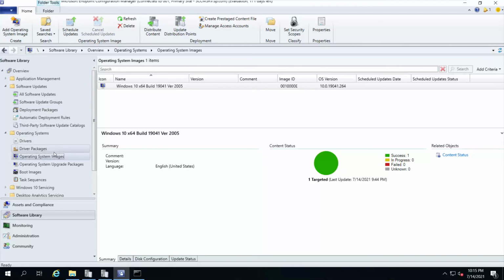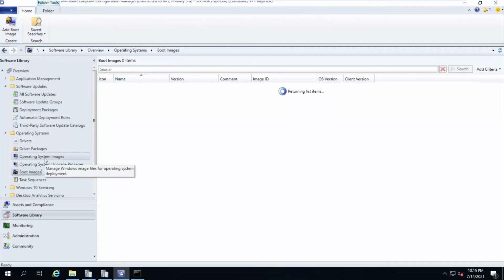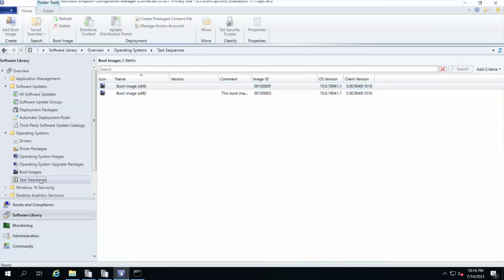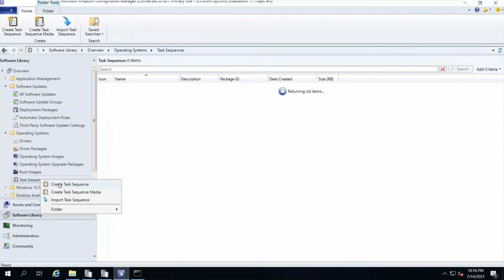Okay, sir. So we have imported our Windows 10 image, which is build 19041 and version 2005, and I have distributed the same install image, and I have also distributed both my boot images. Now, yesterday we created a task sequence, so I'll create the task sequence again.